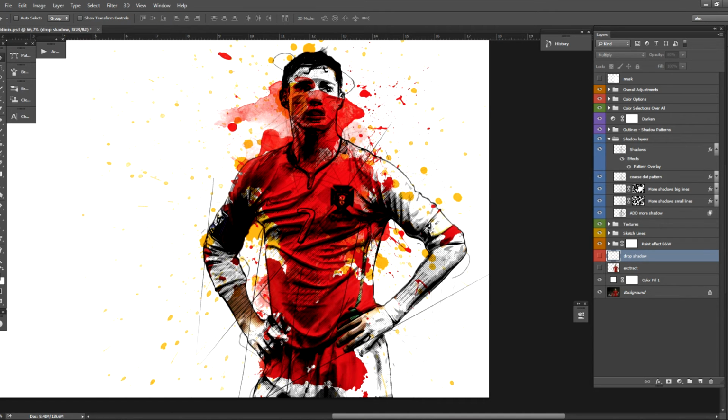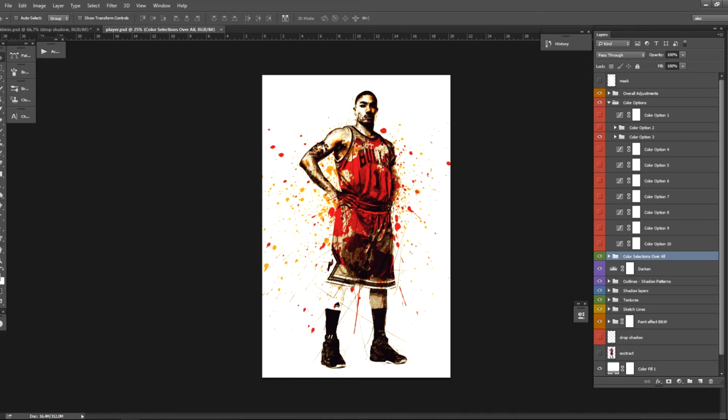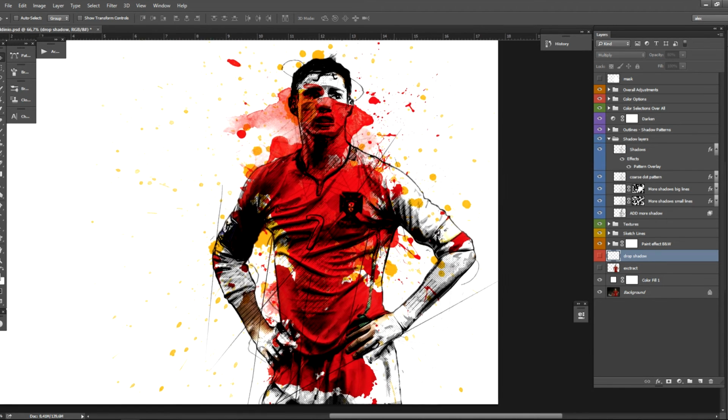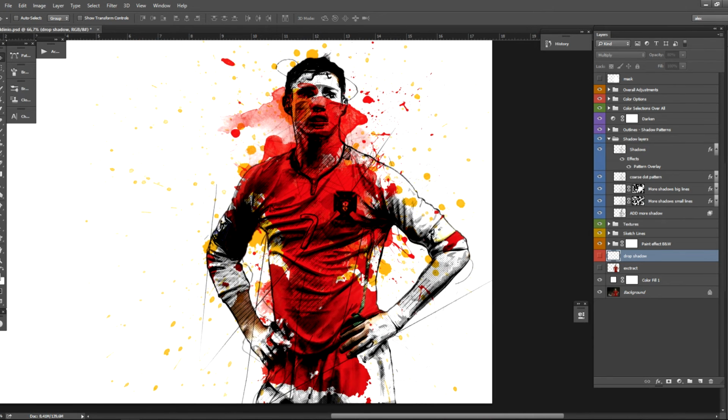Let me just open an app. So this is the image. I want to show you the drop shadow. So if I open it, you will see there is a drop shadow now under this layer. You can move it, increase or decrease the opacity of the layer. So this is what this layer does. If you have a person like this player, you can add a drop shadow on your image. Let me close this one. So let's go again here.